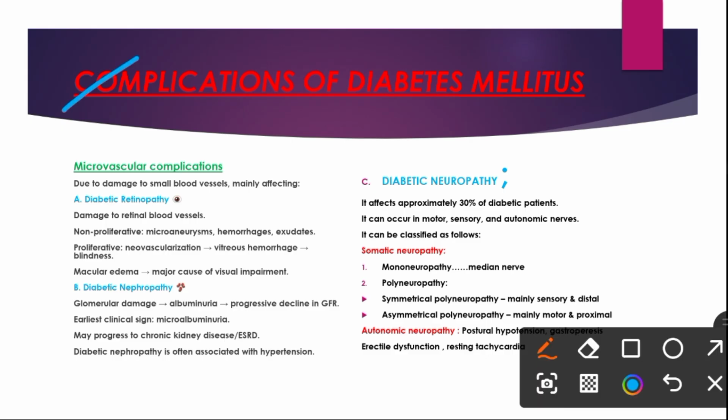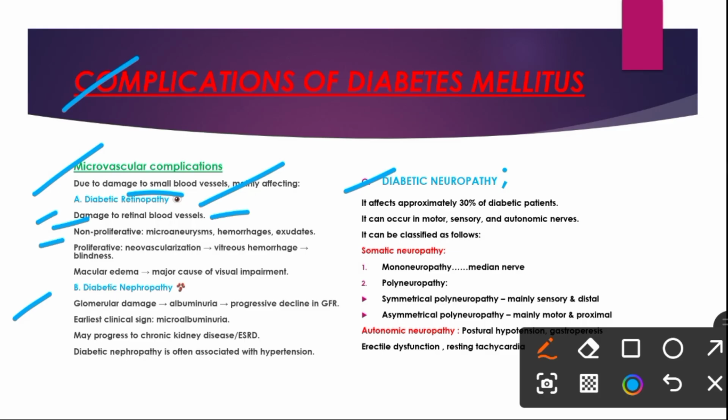Last one is the complication of diabetes mellitus. So diabetes mellitus complications are divided into two main groups. First one is the microvascular complication that involves damage to the smaller blood vessels, and these complications include diabetic retinopathy, nephropathy, and neuropathy. In diabetic retinopathy, there is damage to the small retinal blood vessels, and they have